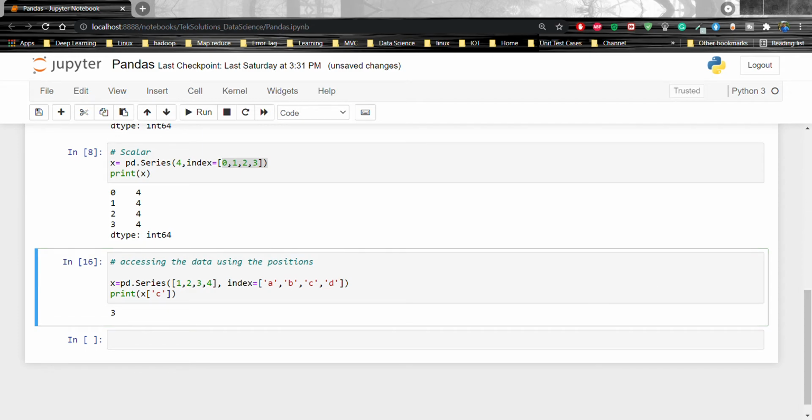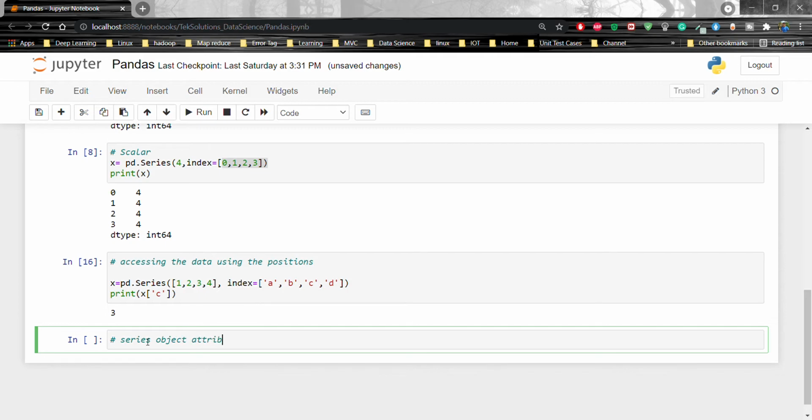Now I am going to show series object attributes. A series attribute is defined as any information related to the series object, like size, data type, etc. I am going to show some of the attributes that you can use to get information about the series object.